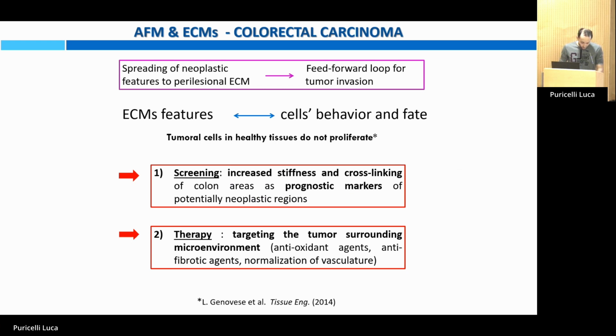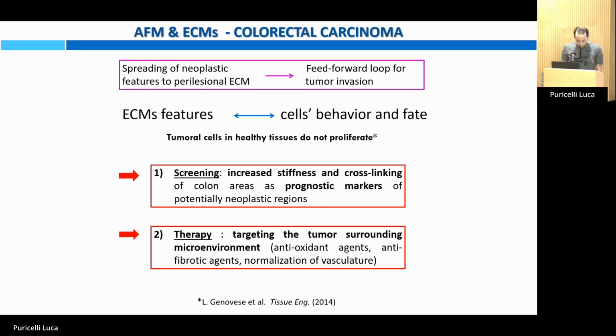And so why is it important in this case to get this measurement? First of all, you can think about measuring ECM properties as a screening. So increasing stiffness and cross-linking of, for example, ECM coming from some biopsies could suggest potentially the starting of a neoplastic region,